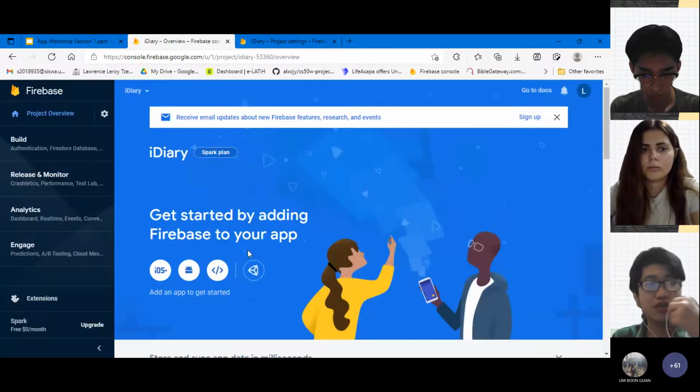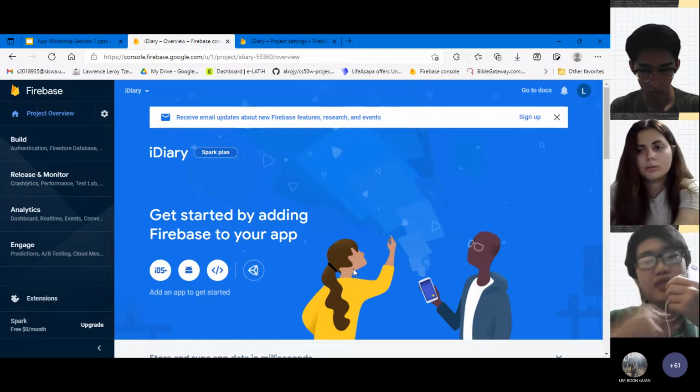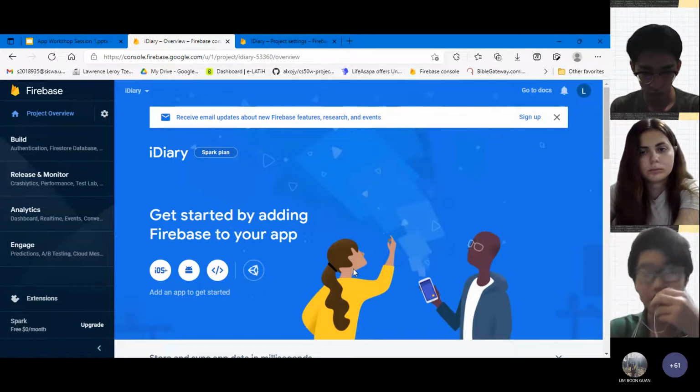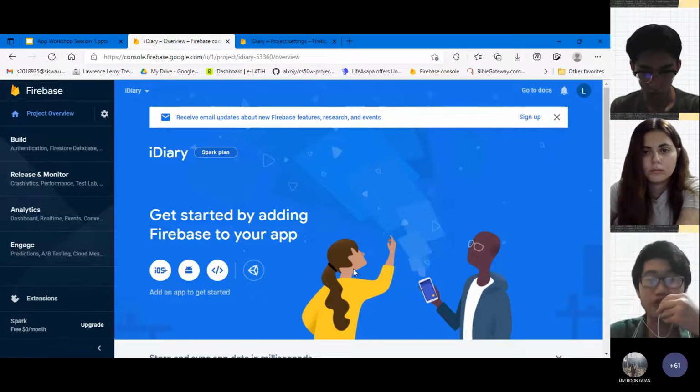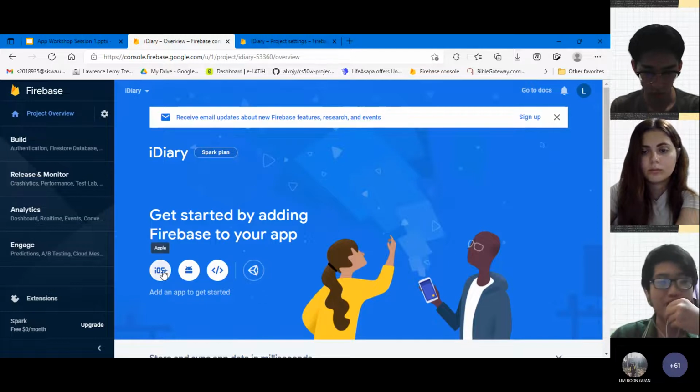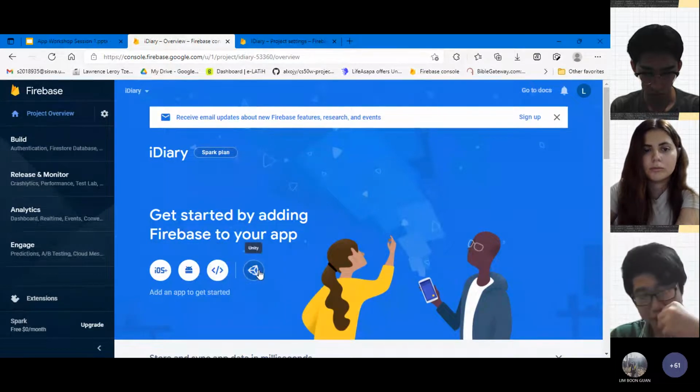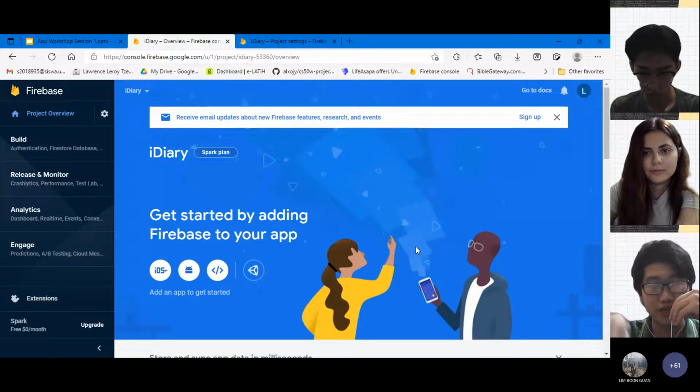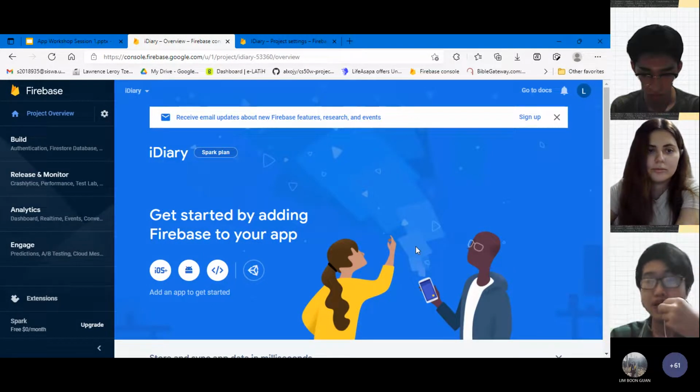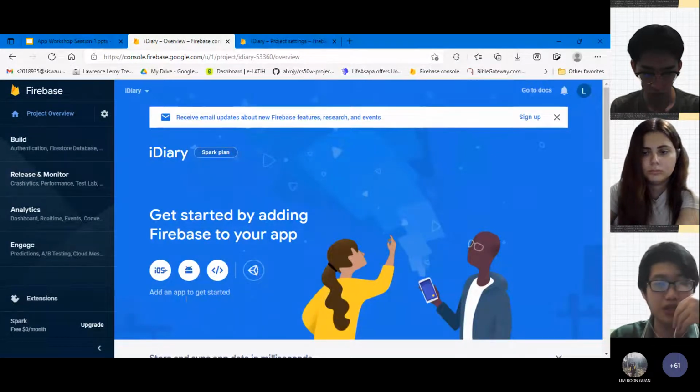I've said project quite a few times, so as not to mix it up with what is an app. When you create a new app, you will see this, add an app to get started. And then you can choose iOS, Android, or web app, or even Unity. Even though Firebase is created by Google and Google creates the Android OS, a Firebase project can hold up to 30 applications. So inside the same project of iDiary, you might have iDiary Android version, iDiary Apple, iDiary for the web, and even iDiary on Unity. All inside the same single project, as long as it's not more than 30. But throughout this course, we will just use one single Android app, which is iDiary, and it will be in this single project.